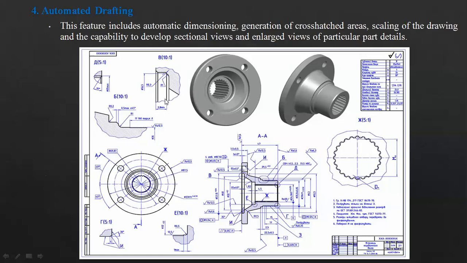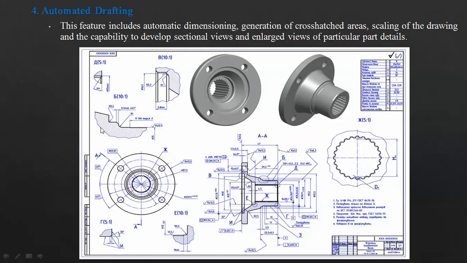Detailed views is what can be drawn, and they can be scaled, right? That's what we mean. Not just scaling of the standard view, but scaling of the enlarged view as well. 10 is to 1, so we are representing 1 as 10. That's an enlarged view. Here also you have 5 to 1, right? 10 is to 1.